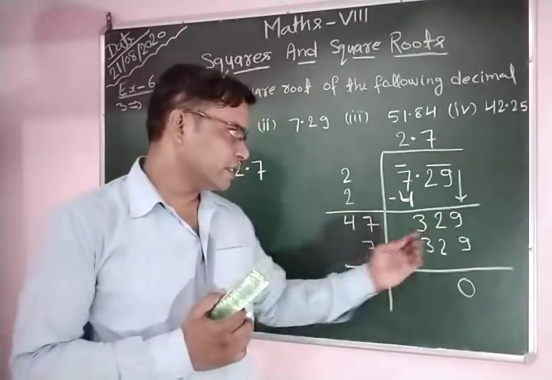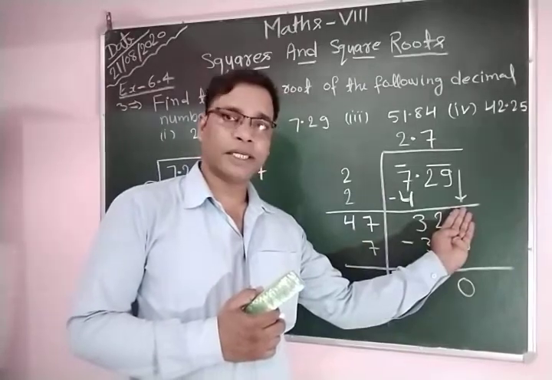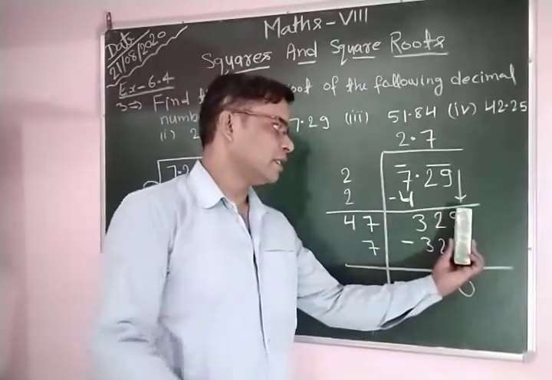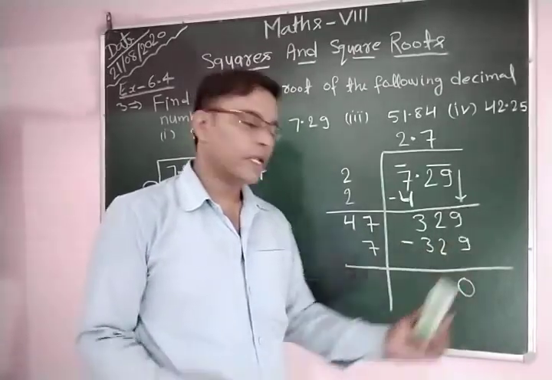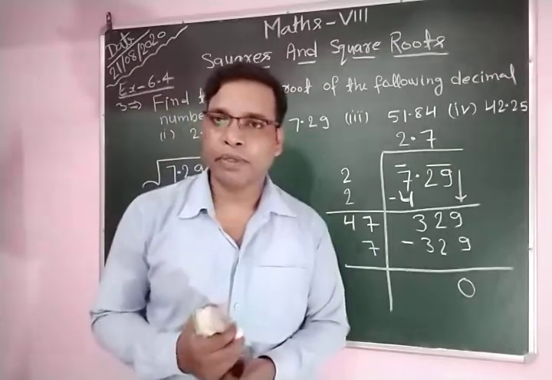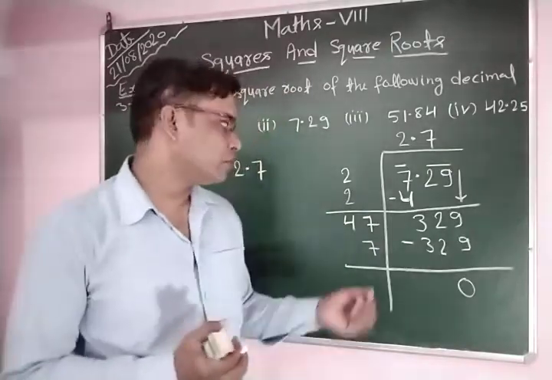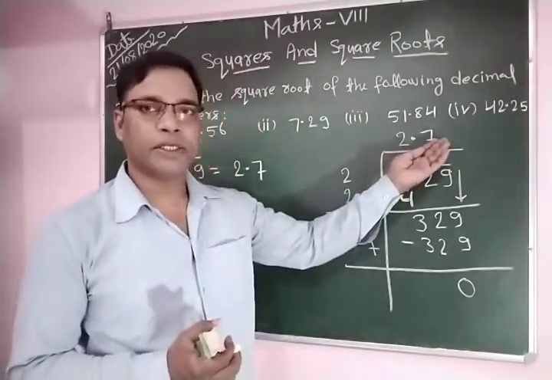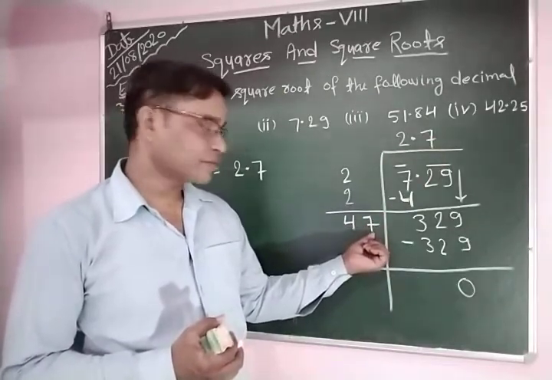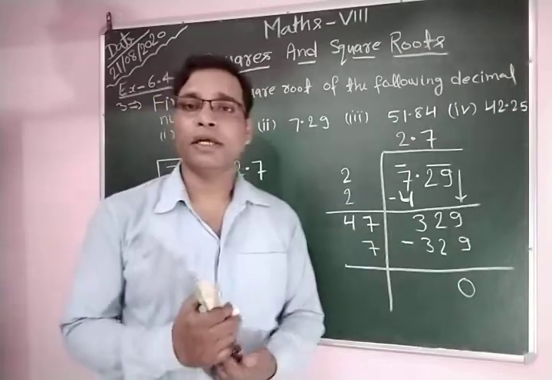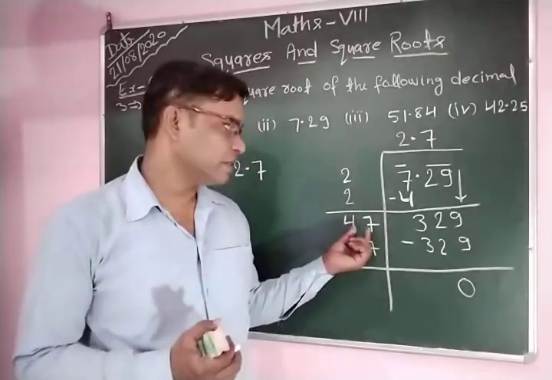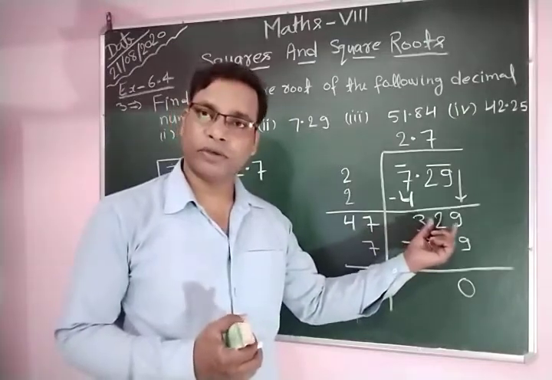Okay, so for this we hide this number 9, and you can see only 32. First we divide 32 by this 4, so we obtain the quotient 7. So you put 7 here after the decimal, and again you put 7 in this new place. In this way you obtain the new divisor 47, and the new dividend is 329.